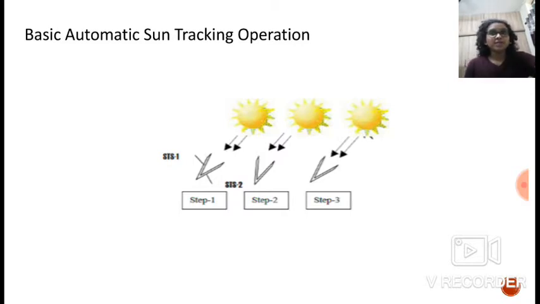These sensors are being used with the following names and functionality. The sun tracking sensors: these 2 sensors are mounted in a V shape exactly in the middle of the solar panel. This automatic sun tracking is accomplished according to the following three steps, which is shown in the diagram.